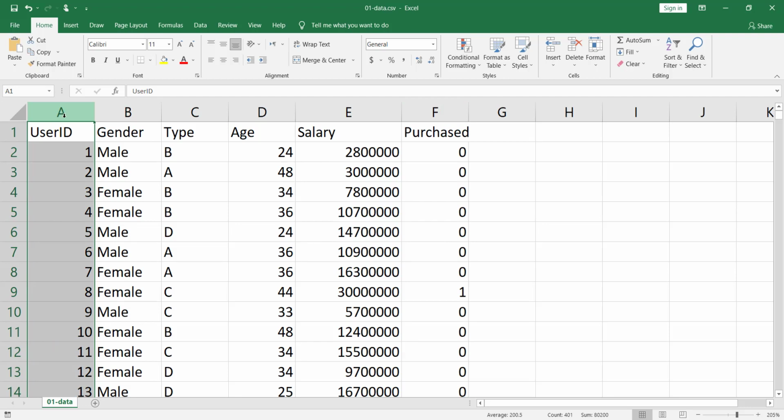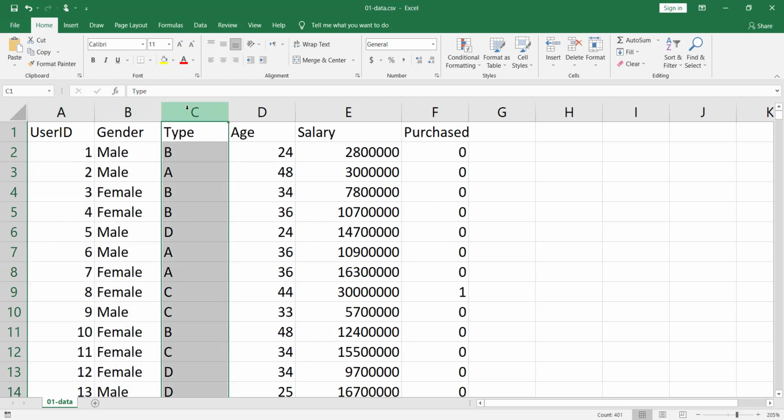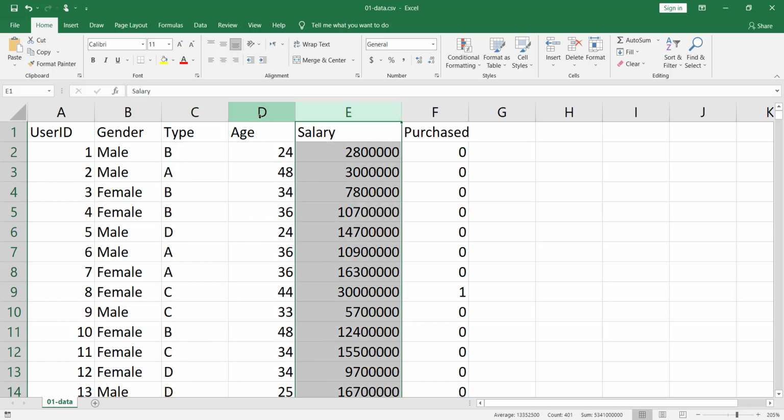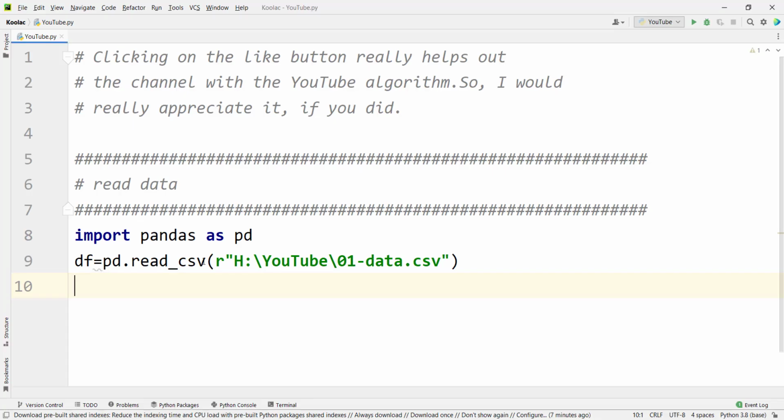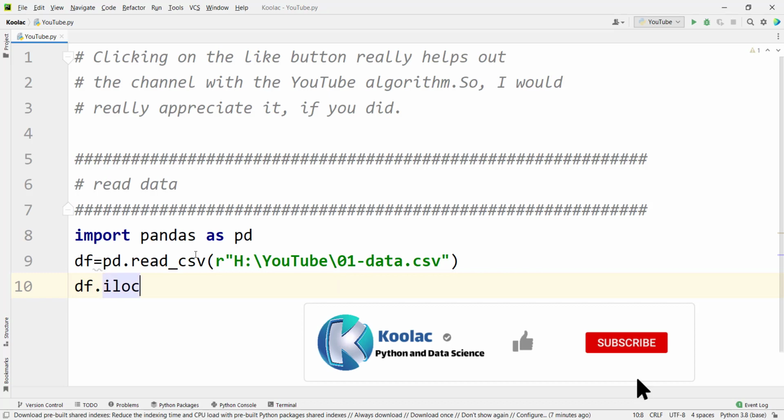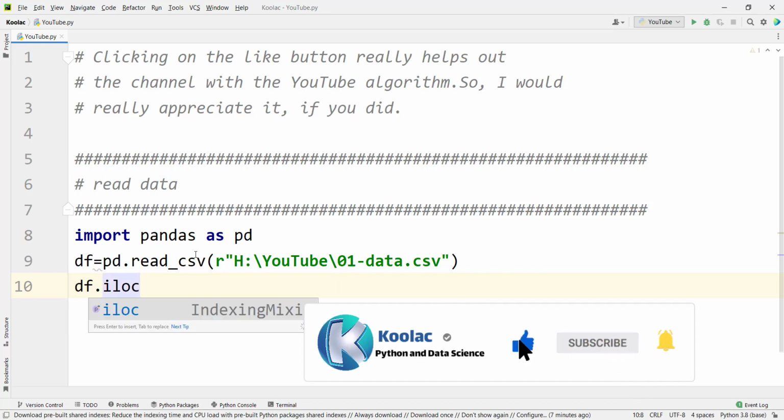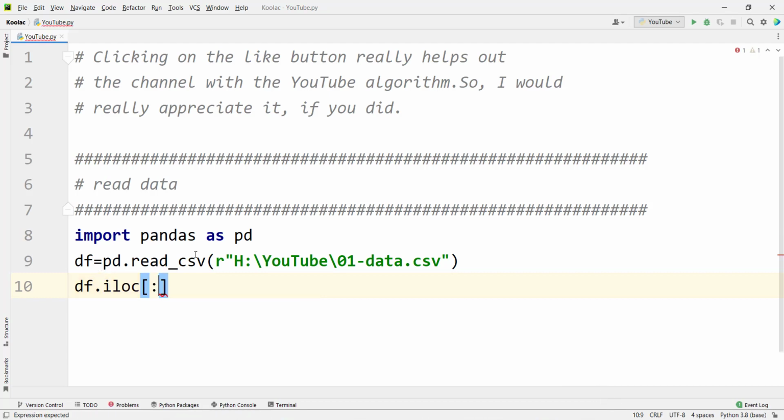As you can see, the index of this column is 0, the index of this column is 1, this is 2, 3, and 4. So we need column 3 and 4. So we simply type df.iloc because we want to use iloc, the integer locations of columns, in order to address them. We want all the rows and columns 3 all the way up to 5. But maybe you say, okay, why shouldn't we write 4? Because this is exclusive. If you want to include it, you should write 5 because this one is exclusive.